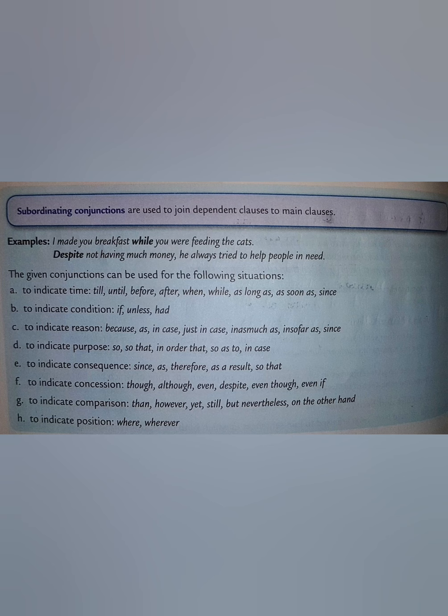So here are some examples of subordinating conjunctions. Let's see what they are. If, unless, so that, in order that, since, as, therefore, though, although, even if, where, wherever. These are some examples of the types of subordinating conjunctions you can see. Now let's see